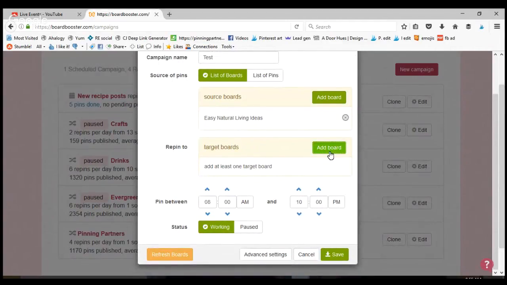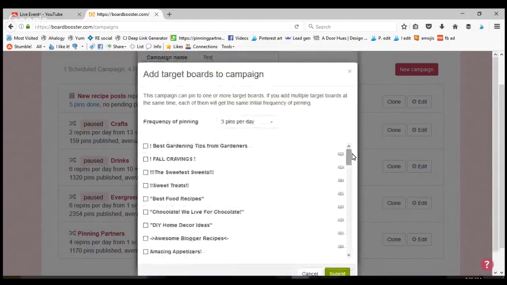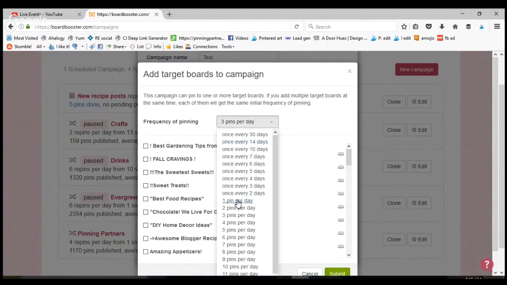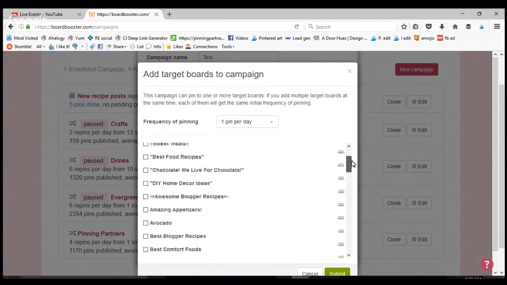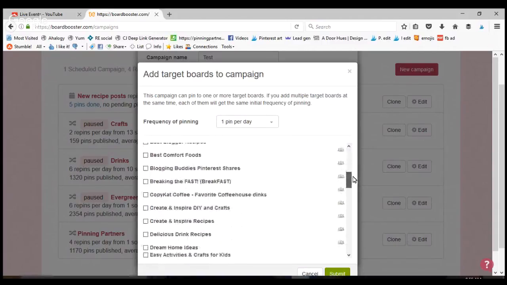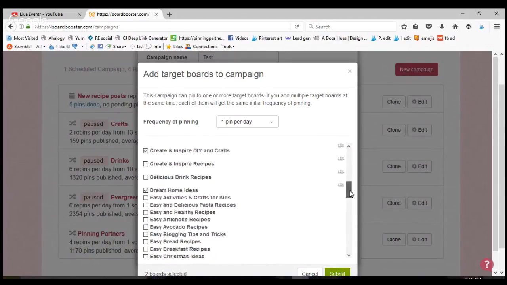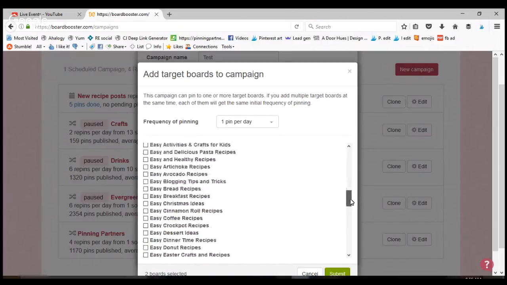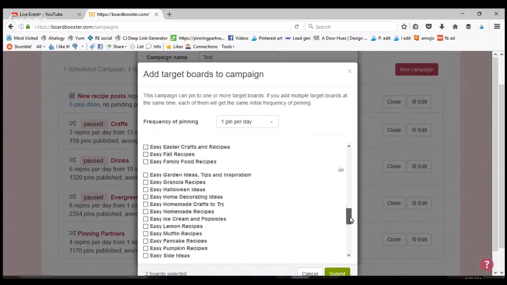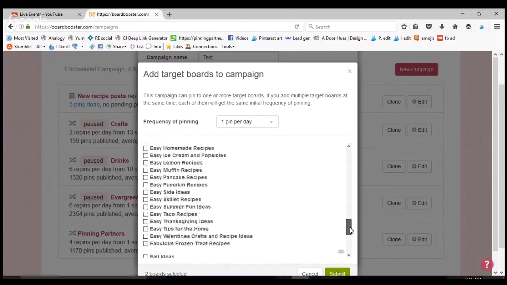Okay, and then you're going to add it to whatever boards you want it to go to. You're going to have a frequency of the pinning. How many pins per day do they randomly pull from that board to these boards? And I like to set it for 1 because you can pick more than one board that you want these to go to. Let's see, we'll have it go here. We'll go here. So you can pick more than one board that you want these to go to. So set it for 1 pin per day, and